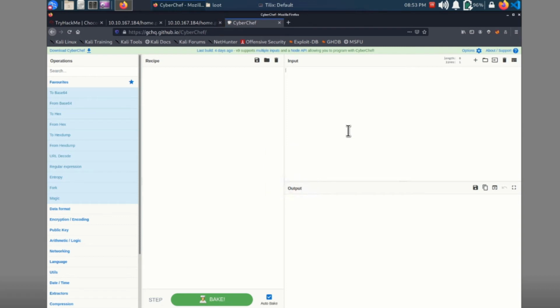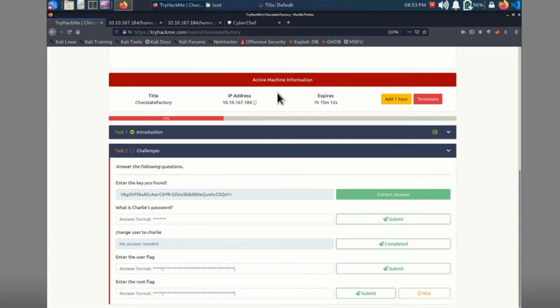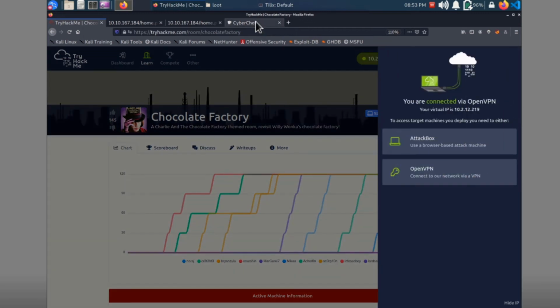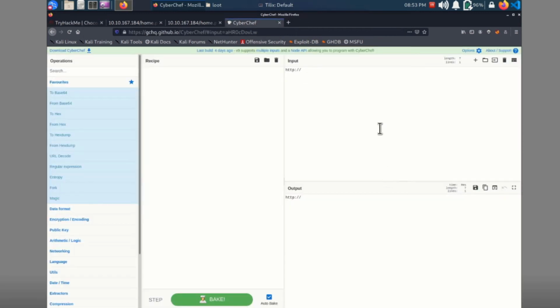Did you see CyberChef there? Mining Bitcoin. All right, http colon slash slash. We're going to put in our IP address. Yes, I know, thank you. Colon 8000, and then we'll just call it